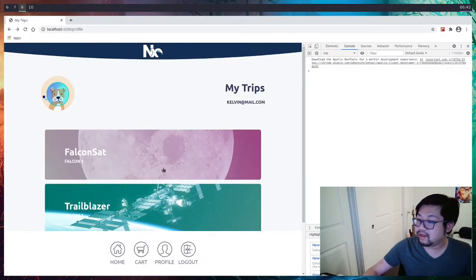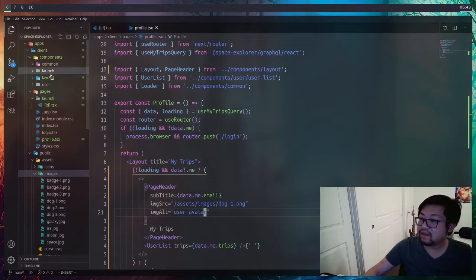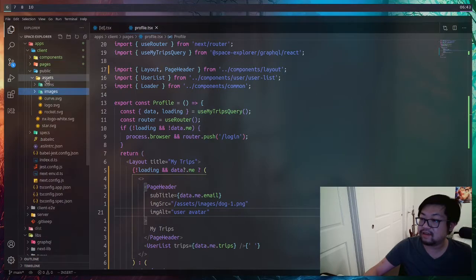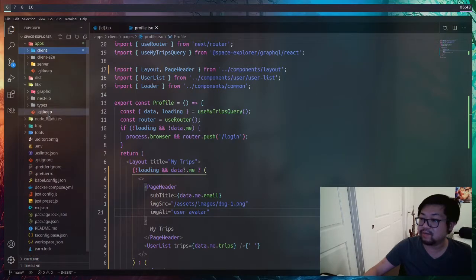But before we do that, we need to create a context so we can handle state management for just the cart. And it makes sense why we're doing it client side, because a cart is ephemeral, so it wouldn't really make sense to write it to the database. So to do that, we're going to close the client because we're going to add the context into the next library,